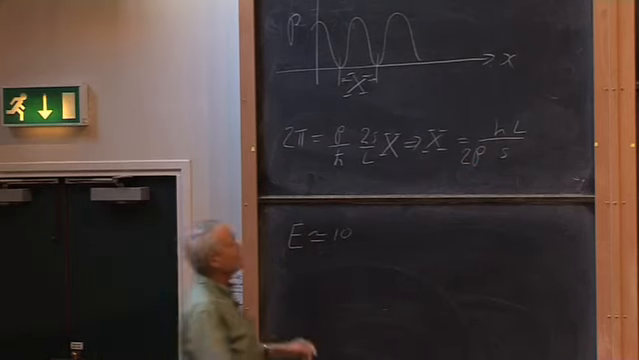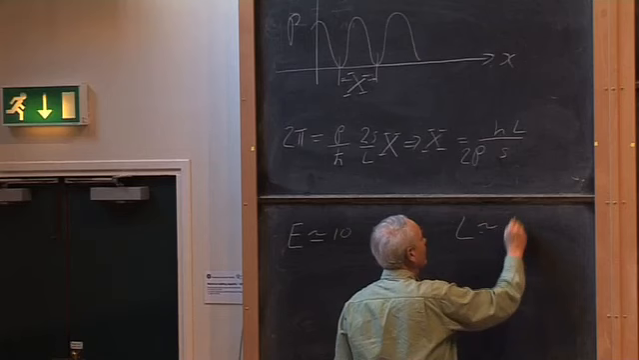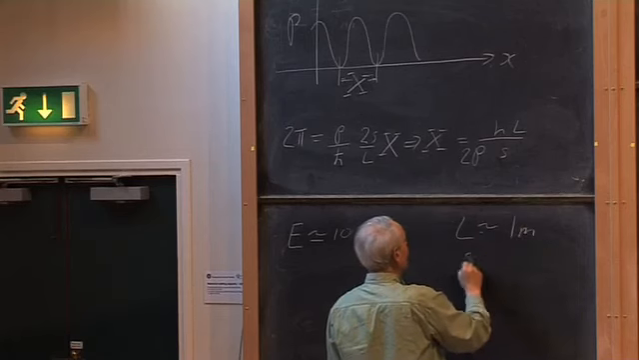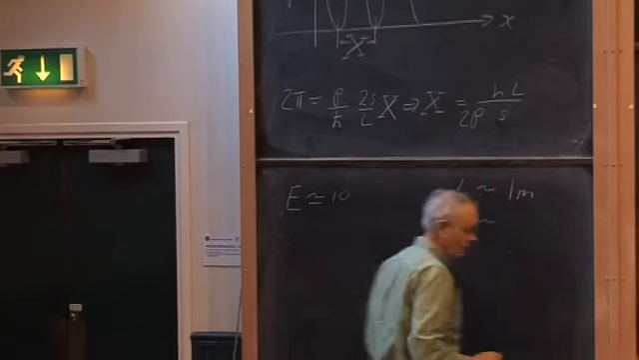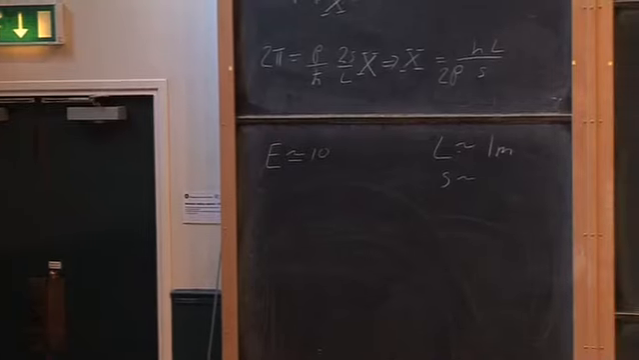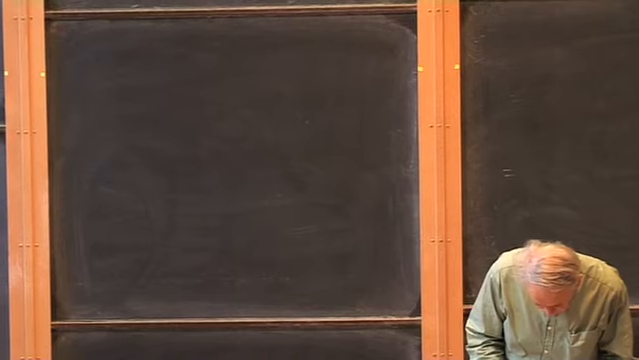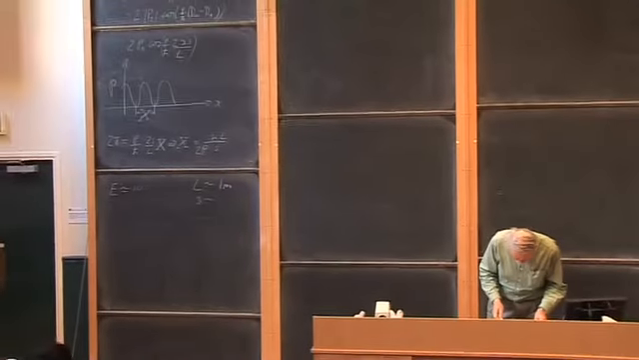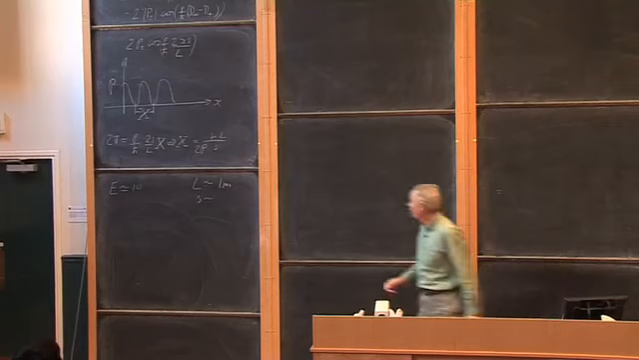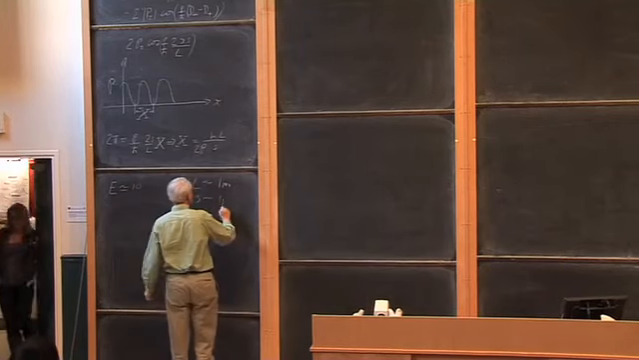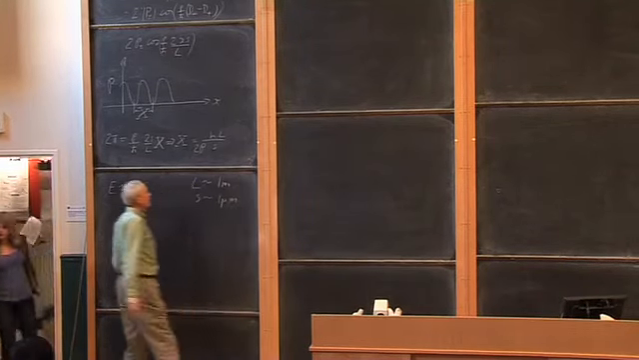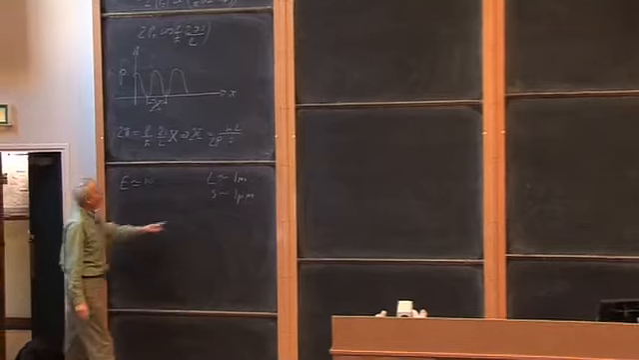So let's take L to be a meter. Let's take s to be, I think, a micron. Because you want to make it as small as you can, but if you make it much smaller than a micron, you'll find it difficult to make the holes